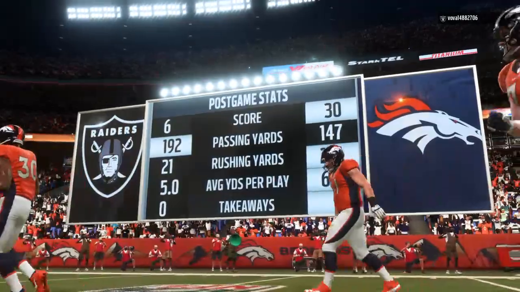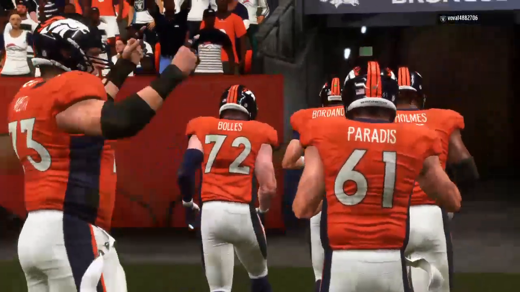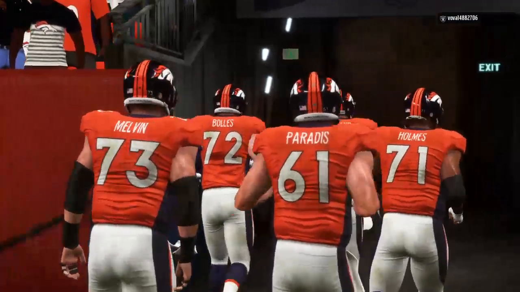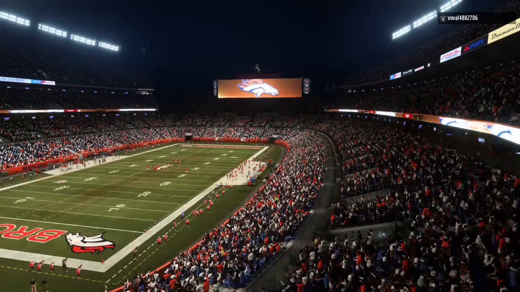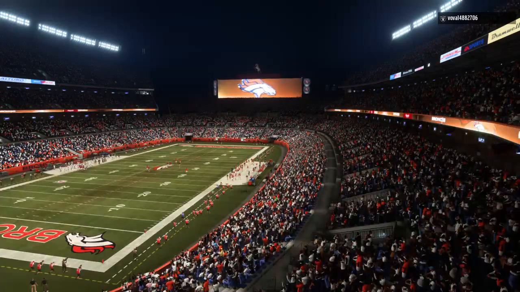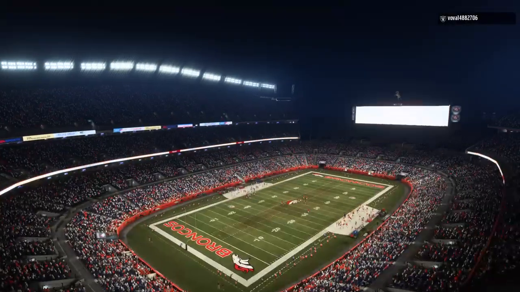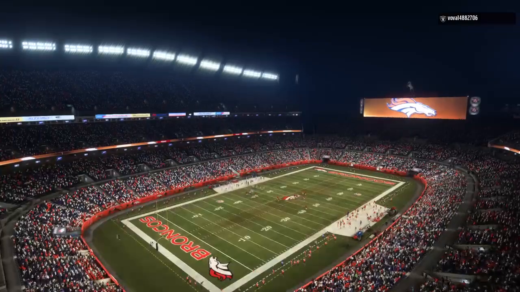So for Denver, they get win number 10 on the year as they move to 10-1. And next week they get to stay home again as the Los Angeles Chargers come to town. Meanwhile for Oakland, they've fallen out of things now as they sink to 3-8. And they'll be back home next week as they're set to take on the Carolina Panthers. So for our entire